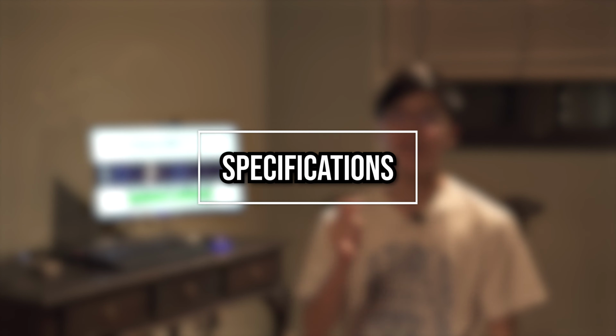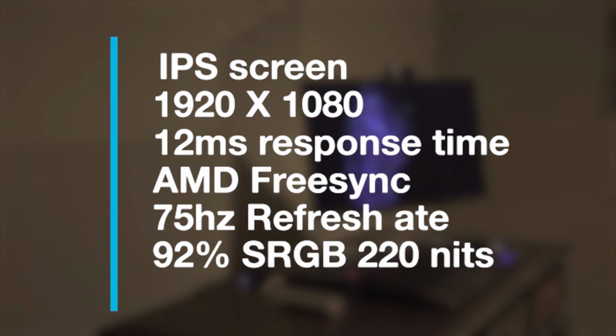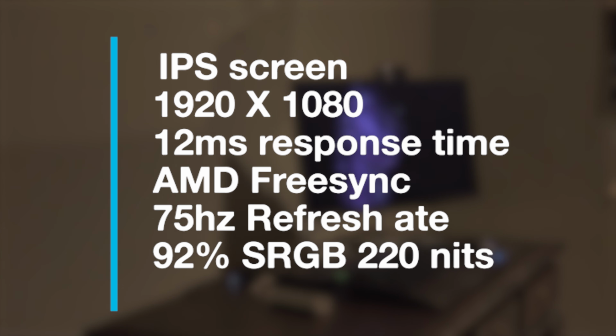Today we're taking a look at this. Right here is the T24 by Supersolid, which is a 1080p 24-inch 75Hz IPS monitor for just $179 on promo now. So how good is it? Let's find out. Starting off with the specification, it's an IPS screen that has a resolution of 1920 by 1080